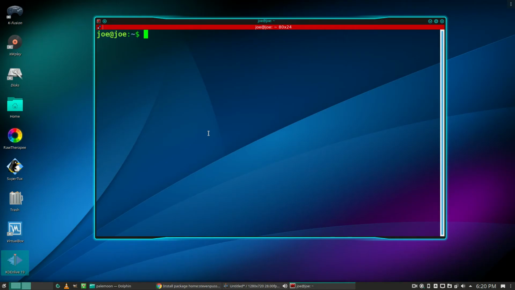Okay, to install Pale Moon browser in Kubuntu 18.04, go to your terminal, type sudo sh -c, a quote, echo, an apostrophe, deb http://download.opensuse.org/repositories/home/Stephen Pusser/xUbuntu_18.04/ then a space, an apostrophe, then a greater than symbol